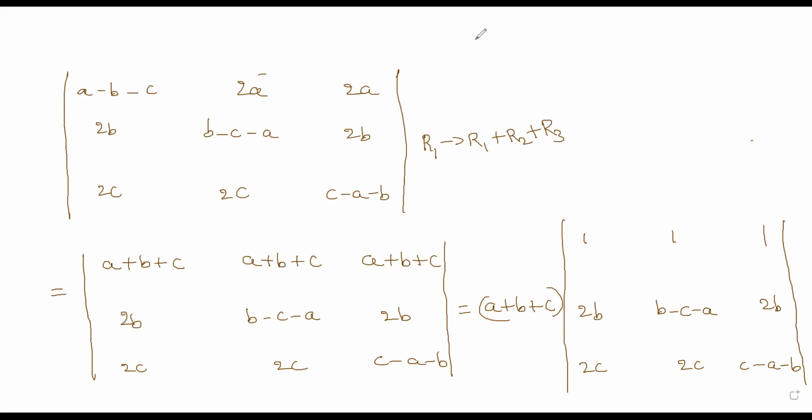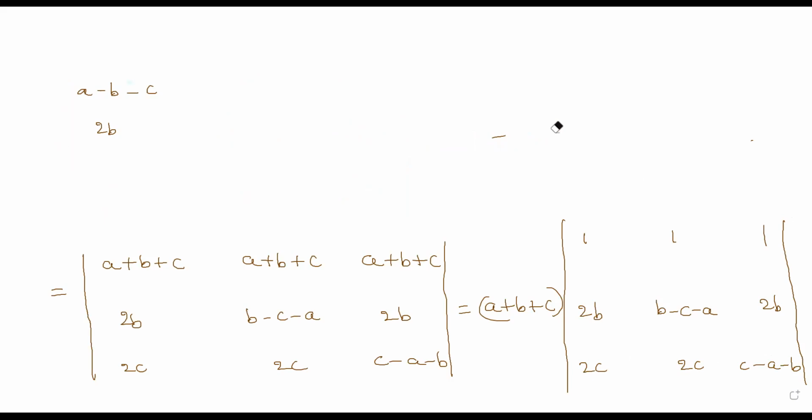Now what we need is to try to get the zeros. Now you got ones. Once you have all the ones in the same row, then give a blind hit. What is a blind hit? C1 you fix and hit C2 and C3 with C1. C1 is fixed: C2 minus C1 and C3 minus C1.